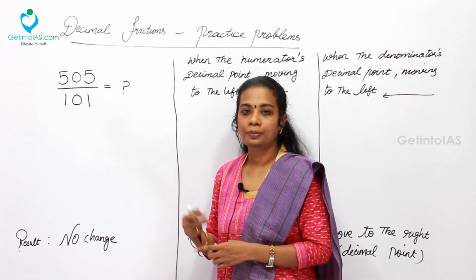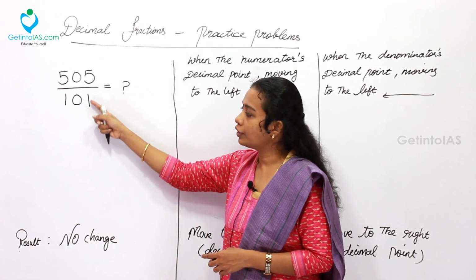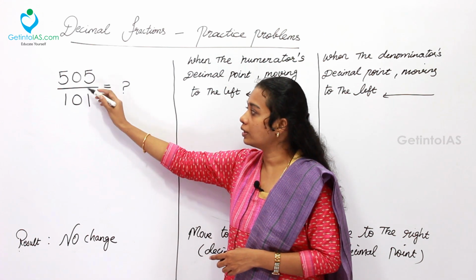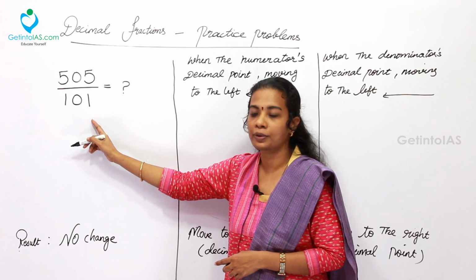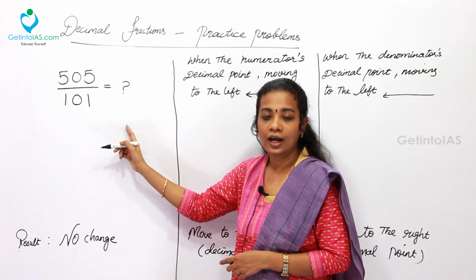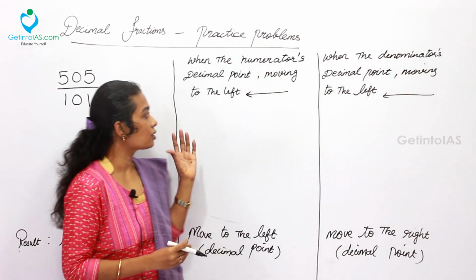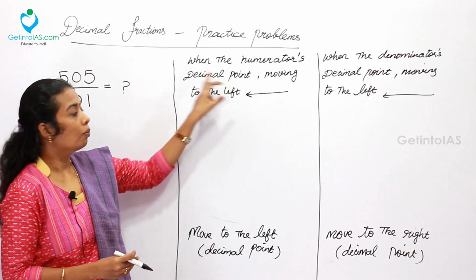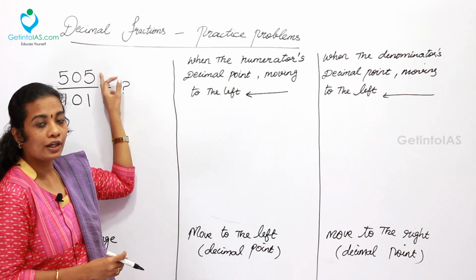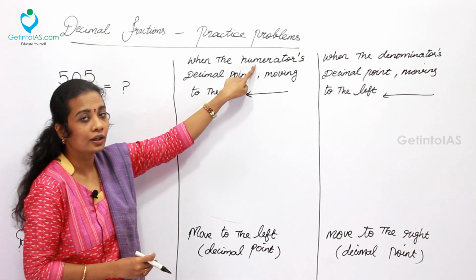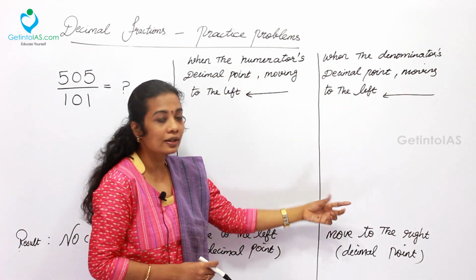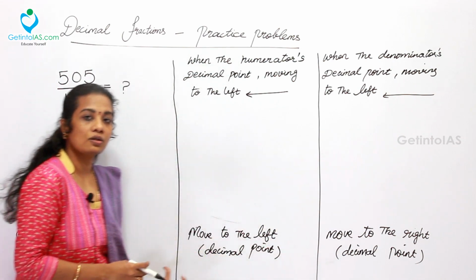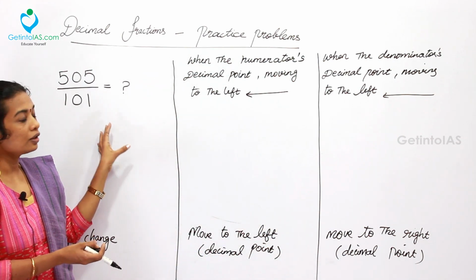The first concept is, whenever you are taking two numbers as the numerator and denominator, after dividing by the denominator, what will be the result, and what is the overall change in the result when the decimal point moves from the right side to the left side in the numerator, and what will happen to the denominator. The effect on the result in all the cases is what we are going to learn first.